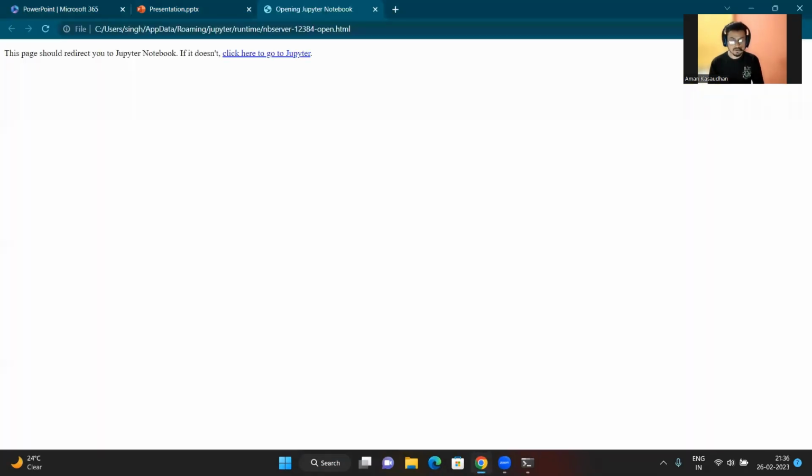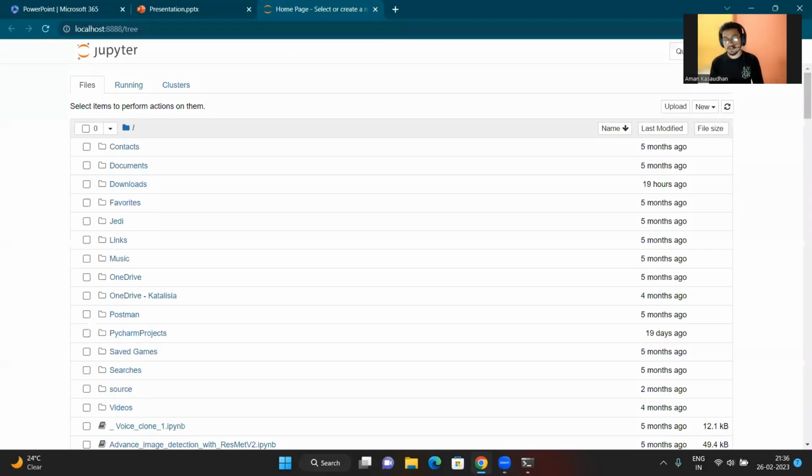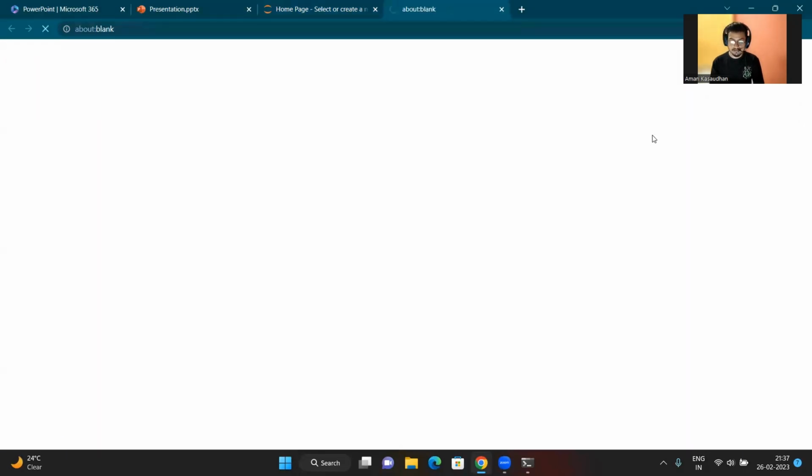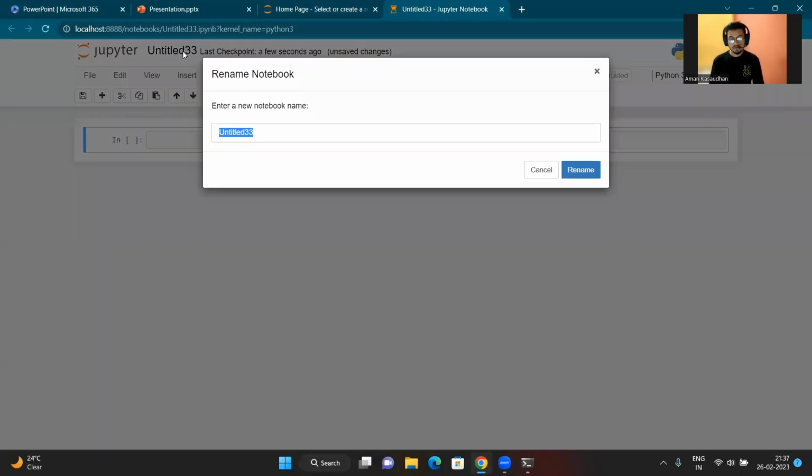Now, if you haven't installed Jupyter notebook in your system, you can just do pip install notebook and Jupyter notebook will be installed. That's it. That is the simple process for installing Jupyter notebook. Okay. Now, we are going to open a new file, that is new Python 3 ipykernel, and we are going to name it data pre-processing